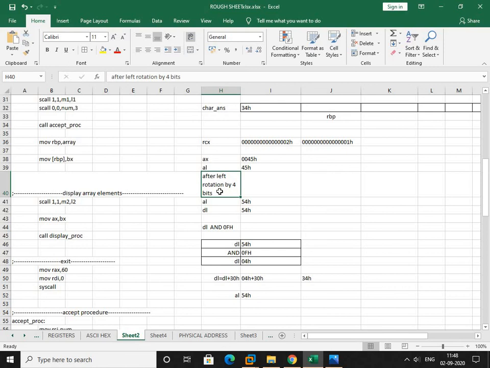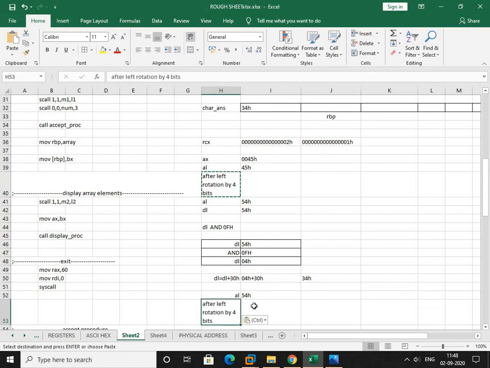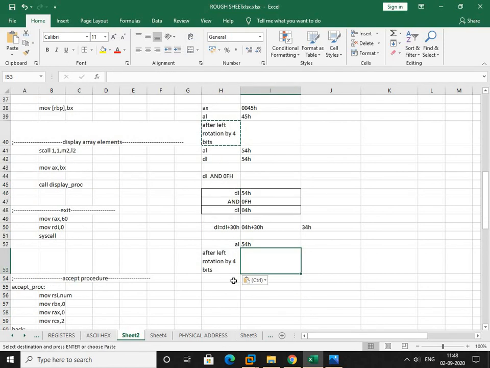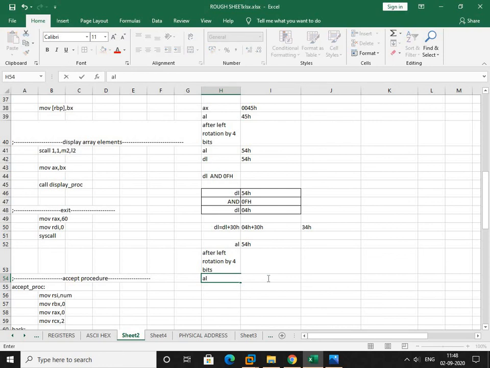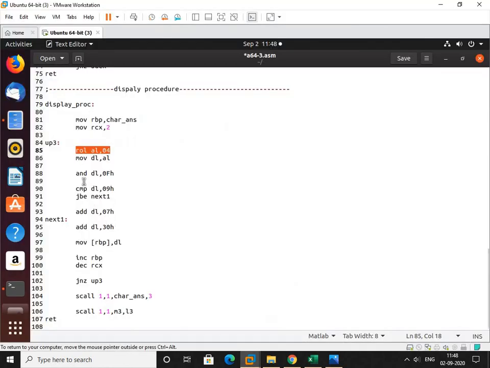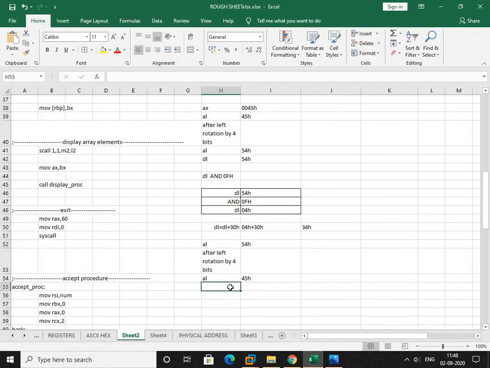After left rotation by 4 bits, the content of AL will become 45H. Next, move the content of AL into DL. So DL will have 45H.